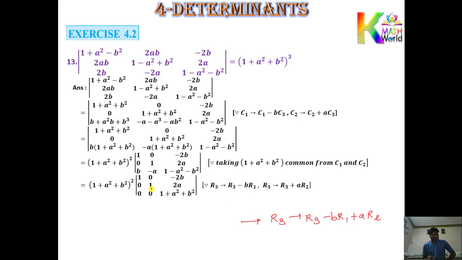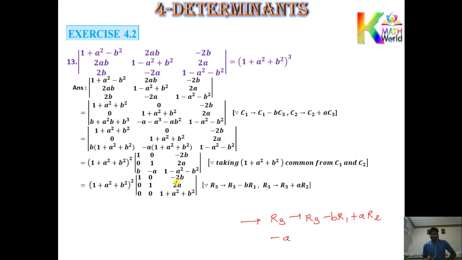And see that for this element here you can see 0 is there, so this 0 being multiplied by minus b gives 0, so that 0 got added to the last element, that is minus a, so it remained minus a. But you can see the second row being multiplied by a, so a into 1 is a, and now minus a, so a minus a, you got here 0. Hope you understood.